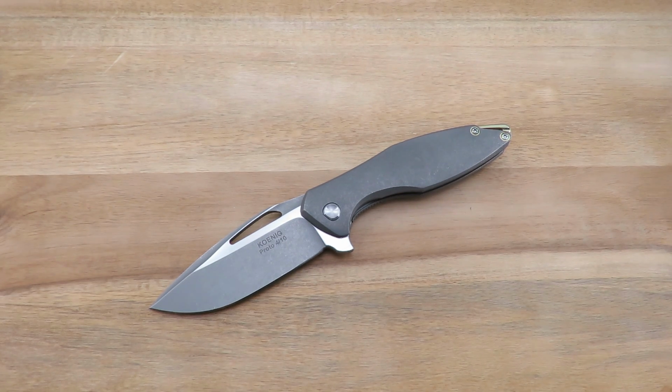In today's video we're going to take a look at the newest knife from Koenig Knives. This is the Koenig Arius, assuming that I'm pronouncing the name correctly, but at this point you guys don't really expect much of me. So, really cool knife, and I'm really excited to share it with you guys because this